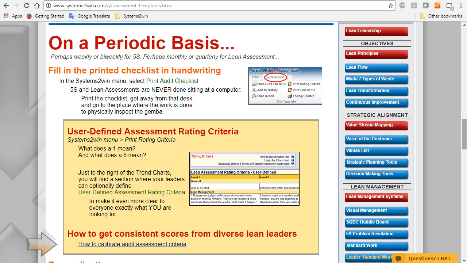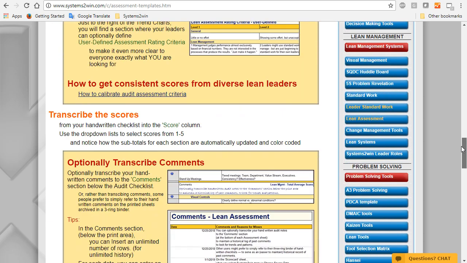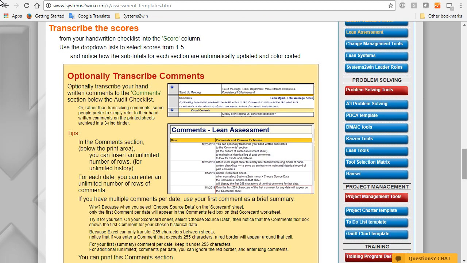And you can even follow this link to get advanced training for how to get consistent scores from diverse auditors. And we already showed you the next step to transcribe scores from your handwritten checklist to your electronic version.